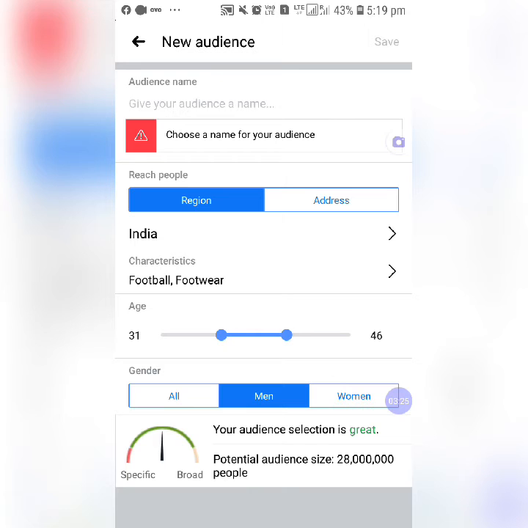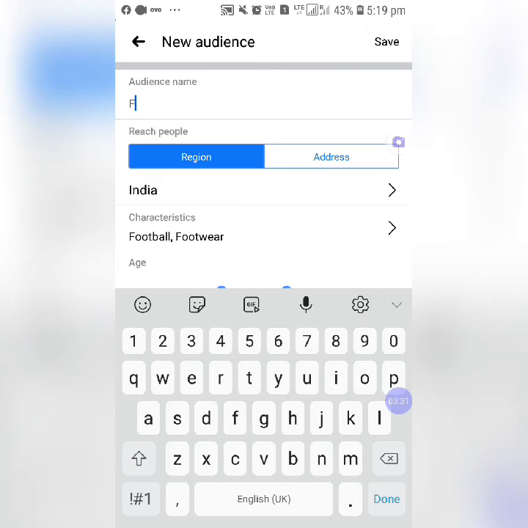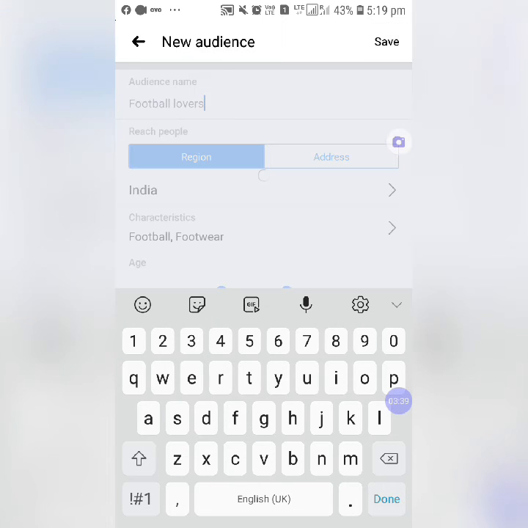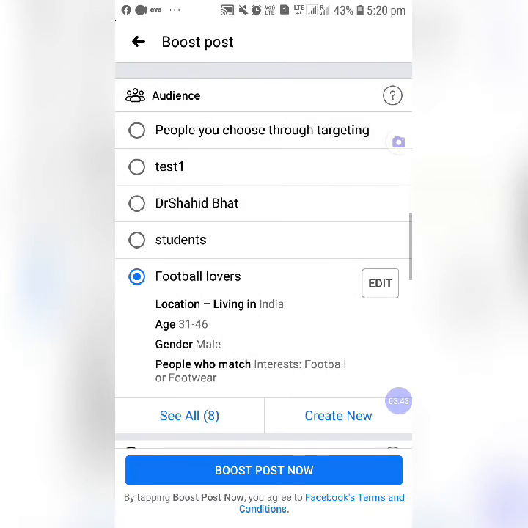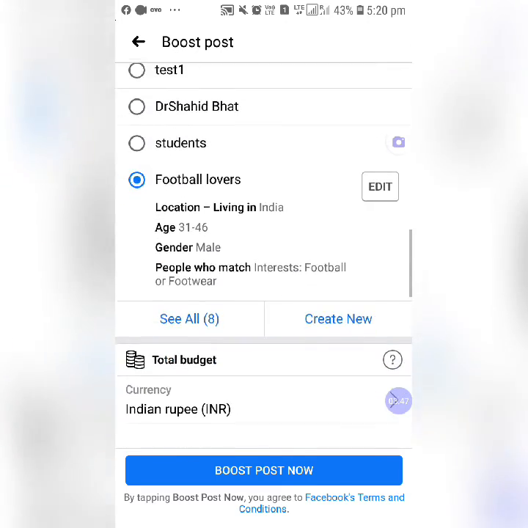We have to choose the name, give your audience name. We can give them football lovers. Now we can save it. Now we have created our audience based on our business.